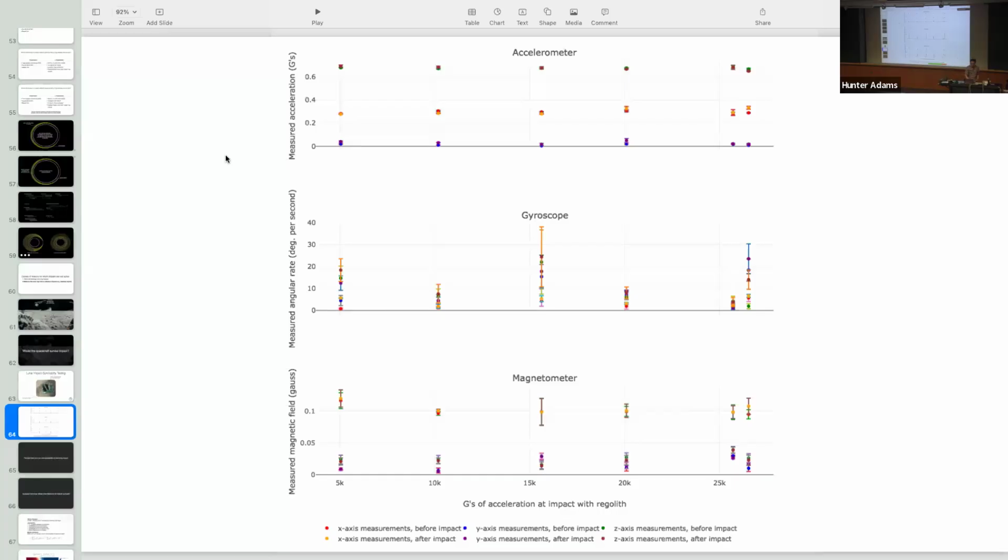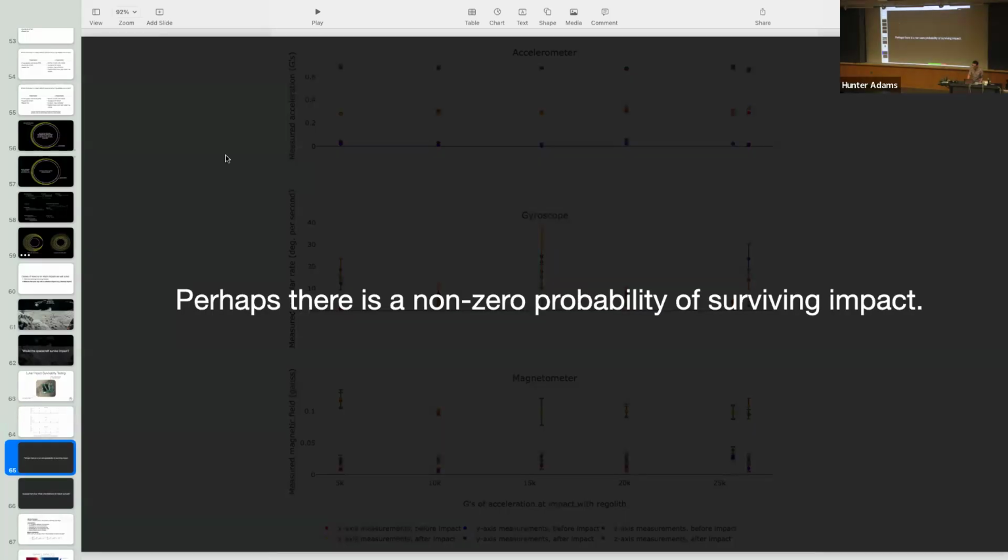And so again, what this does not indicate is that every chipsat will survive impact with the moon. The things that we did not model in this experiment is the sort of shearing that you would get if you came in at an oblique angle at the moon and got your stuff scraped off. We didn't account for that, and a lot would probably fail for that reason. But what this indicates is that maybe there's a non-zero probability of survival, and that's all we care about. It can be a tiny probability, but as long as it's non-zero, that's all that we care about.